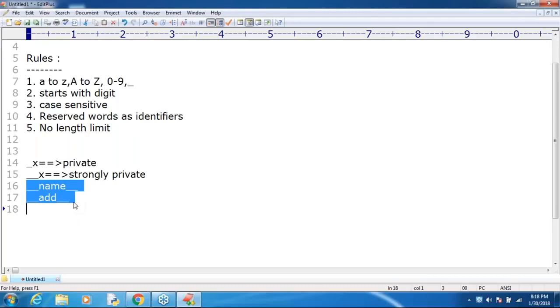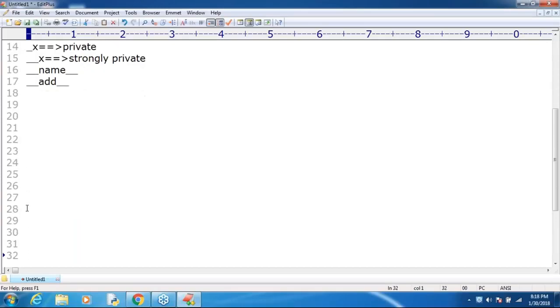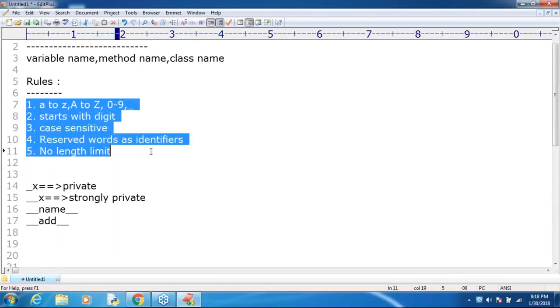If you want underscore, these kinds of things are not recommended because language-specific words are there. We are going to use that, that's all. Next, how many modifiers are there? All these things we will discuss in the next sessions. Don't worry about that. Can I go to the next level? Up to this is clear for all of you, right? That's all. This is about identifiers. Are you getting what rules are there for identifiers?